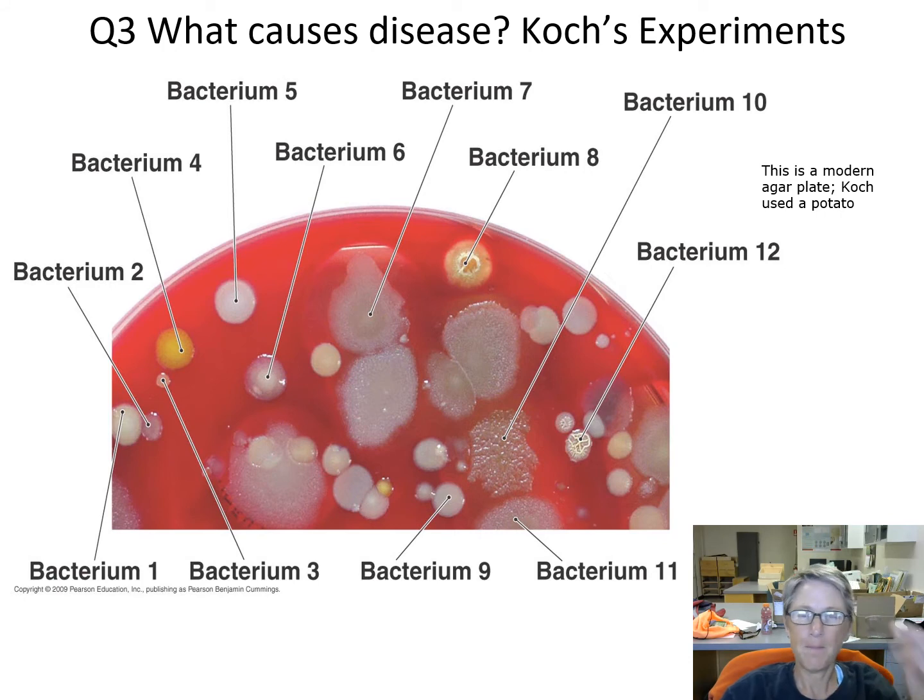This is kind of cool. This is a modern agar plate, and I put this up here because if you, let's say, took some, like, you know, the swabs you use for your ear, and you put that on a toilet seat, and then you swabbed it onto this agar plate, you'd find all these different types of bacteria growing in these colonies. So for example, this is bacterium number 4. This is not a single bacteria. This is where people get kind of confused. This is a bacterial colony. There's probably millions of bacteria number 4 in this colony.